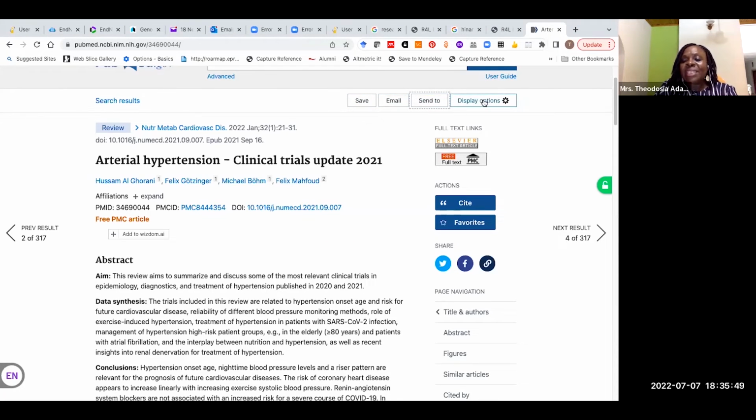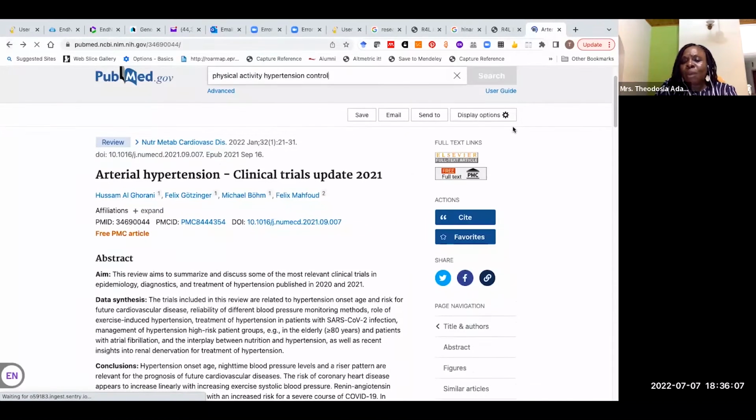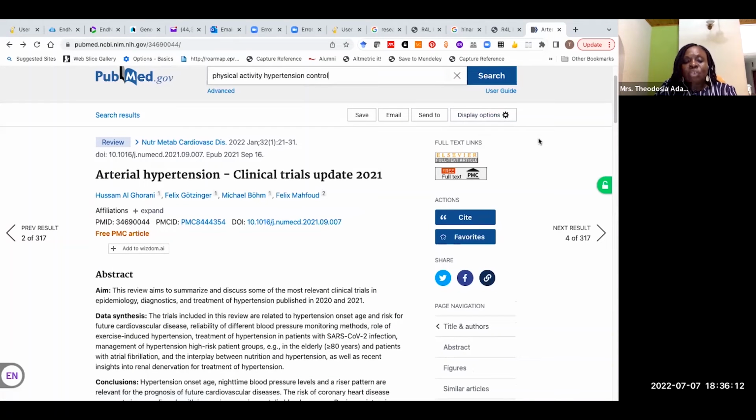Now you have here display options. You can choose to see the format as abstract, or you can just choose to see it as PubMed. Then you don't see the abstract. This is what you see, and I don't think it's relevant to anybody. So those are the display options. More often than not, you would probably just leave it at abstract.